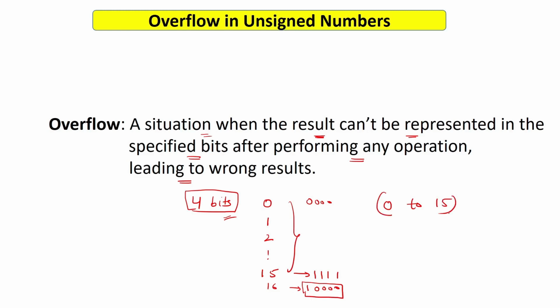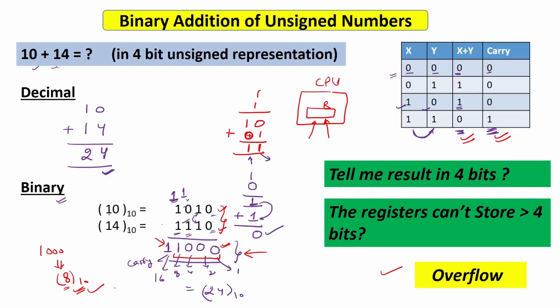Okay, so if you are getting a result which is not in this range from 0 to 15, any number which is outside of 15 or which is lesser than 0, then you will say your result has overflowed. This result is not within the range. So you can see here the addition of 10 and 14 should be 24, but 24 cannot be represented in 4 bits, it can be represented in 5 bits. So this is actually a wrong answer. So you can simply say your result has overflowed.